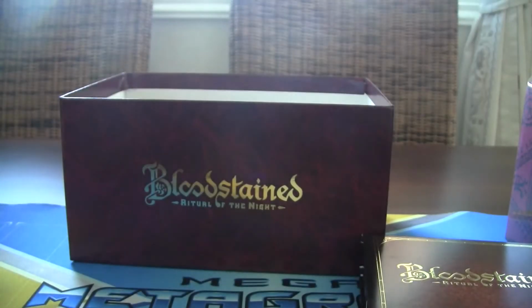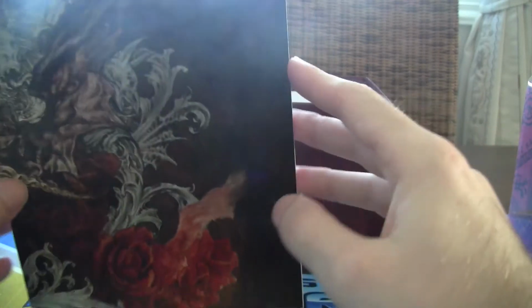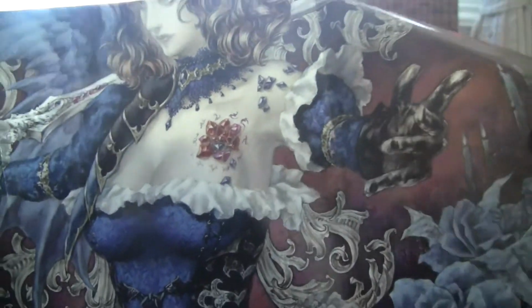And what else do I have in here? This has got to be like the regular poster or something. My God, this is fly. This is fly as fuck. Okay, there's no way in hell I can show it properly to you guys, but this is the